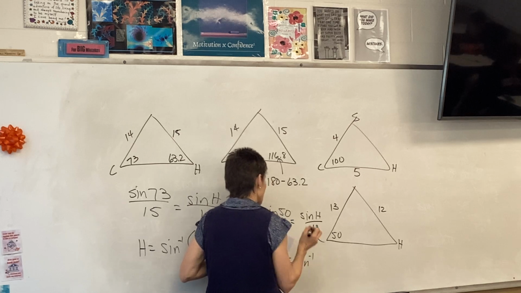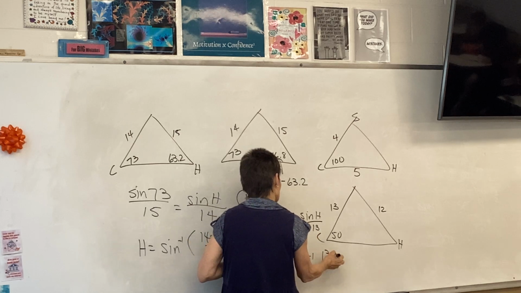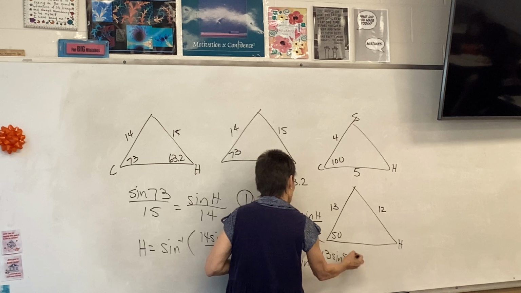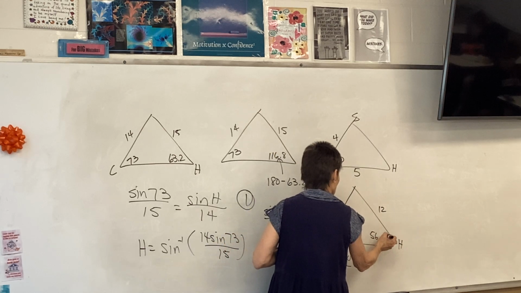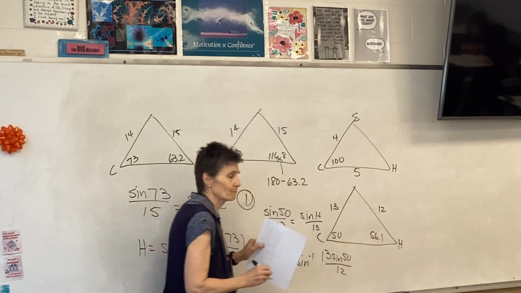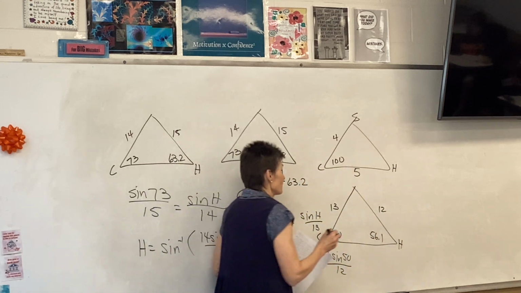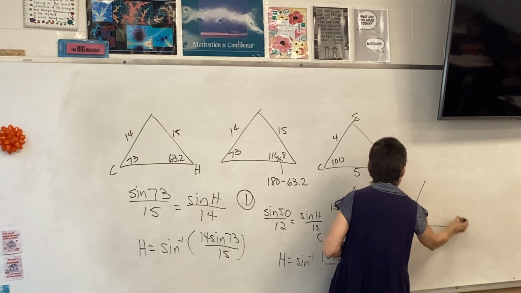56.09. So second sine 13 sine 50 over 12, what did you say that is? 56.09. So like 56.1. Yeah. So yeah, that's two triangles. If there is another one,